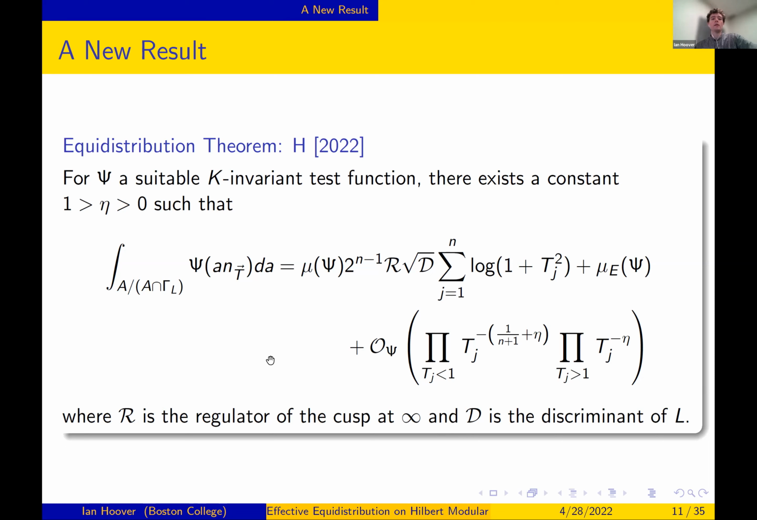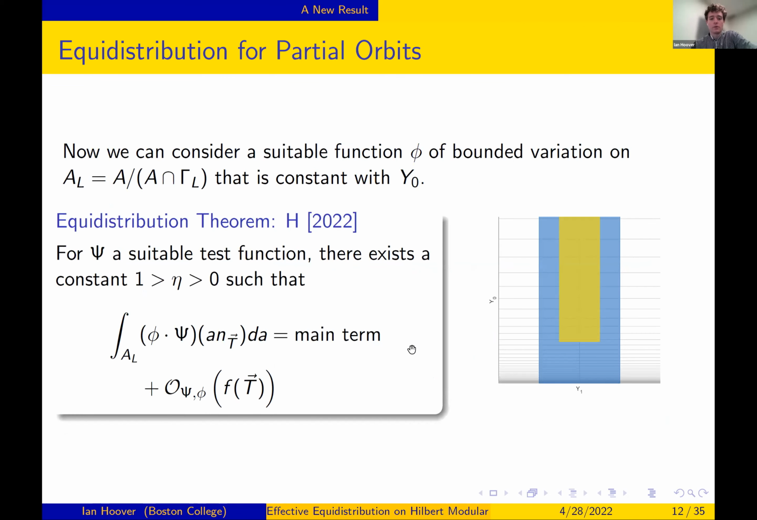So there is the opportunity in the higher dimensional case to consider partial orbits, and I illustrate with a picture. In the two-dimensional case, the A sub L was this strip that we were translating, and it has one infinite direction and one finite direction. And if we have a function that's constant on y naught, which is the vertical direction, and just some other function on the horizontal direction,